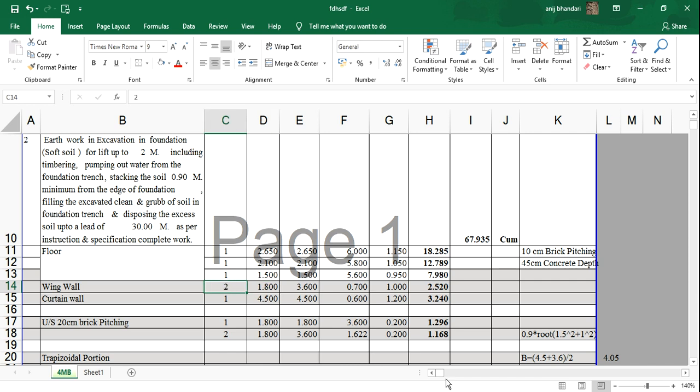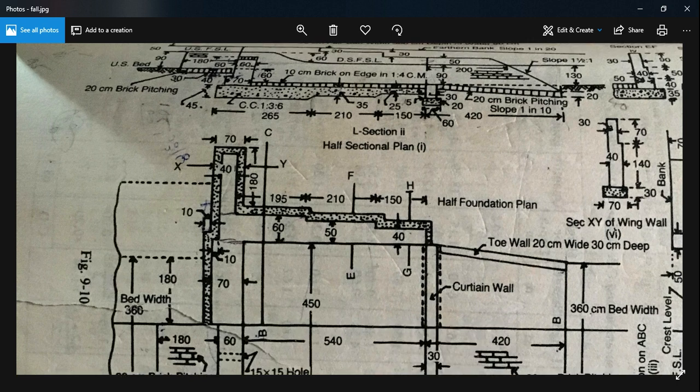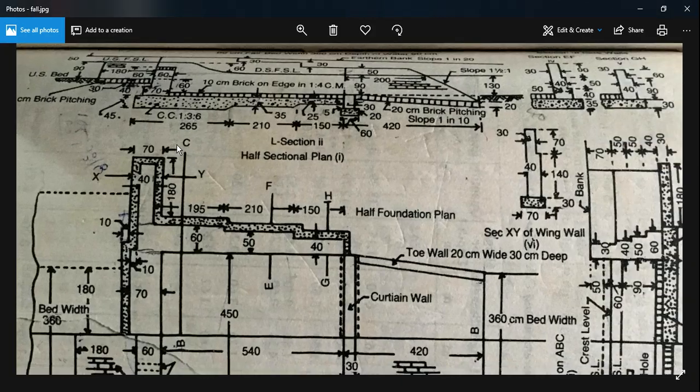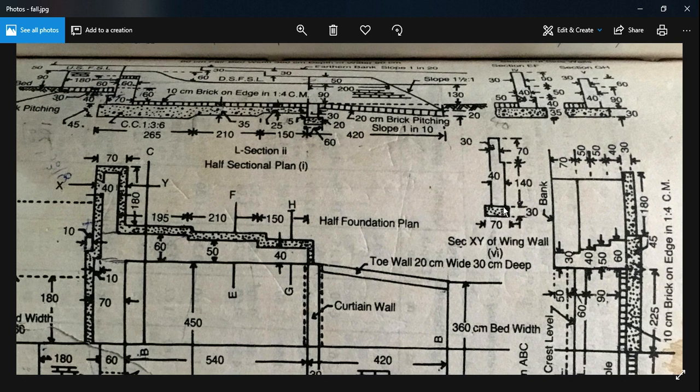Length, because we have two wing walls, number is equal to 1, and on the other side, length is equal to 1.8, width is equal to 70. Length 1.8, because it's 2, total length would be 2 into 1.8, 3.6, width is equal to 0.7. Then for depth, we can see here the section of wing wall, it's given here, but we don't know how